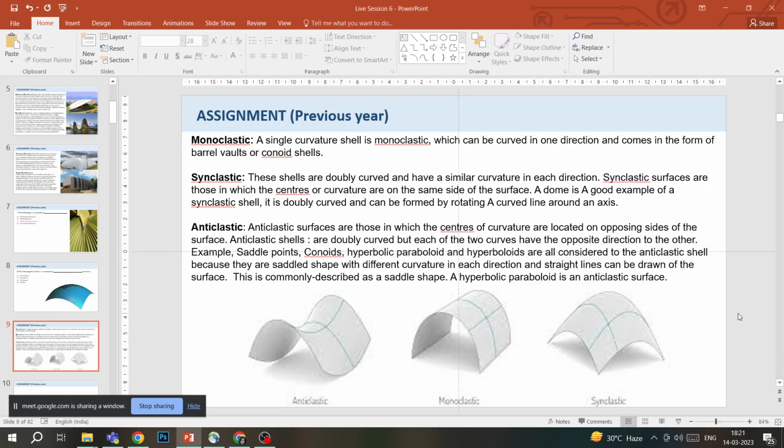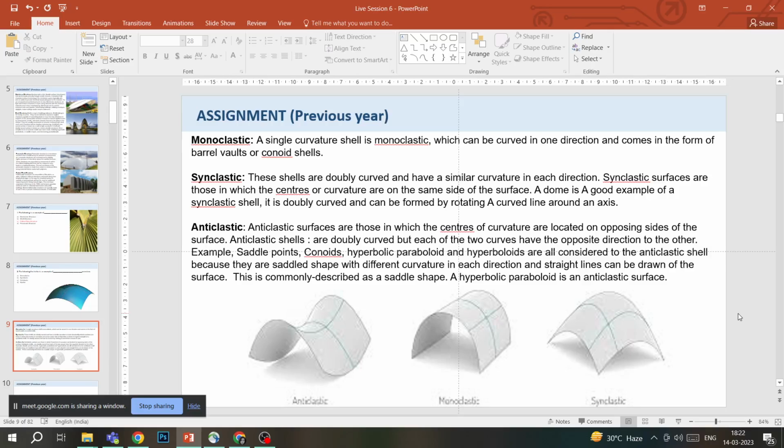Then what is happening in synclastic is that this is one curve, this is another, and this is another curve. And this one curve is sliding on this curve, forming that shape. Same is with anticlastic. This is one curve and this is another curve. Then we move this one curve on this curve, and the shape that generates is anticlastic. So examples of anticlastic are saddle points, conoids, hyperbolic paraboloids, and hyperboloids,